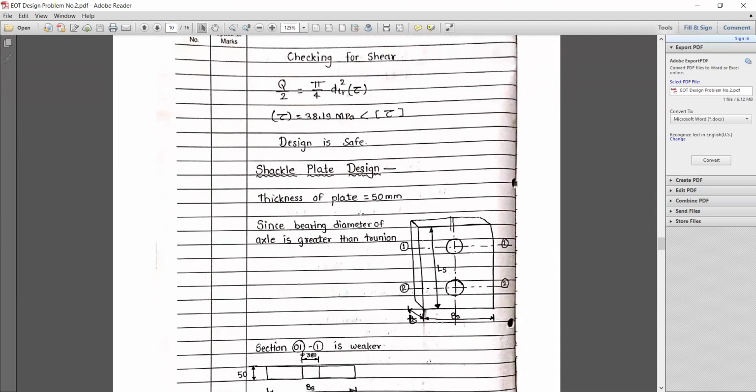Now we have to check this trunnion diameter for shear, because it is ultimately hanged in between, because the total continuous load is acting at the center, and because of that there could be shear in the shackle plates. So checking for shear, load Q by 2 is equal to pi by 4 trunnion diameter square into the tau. So we know that